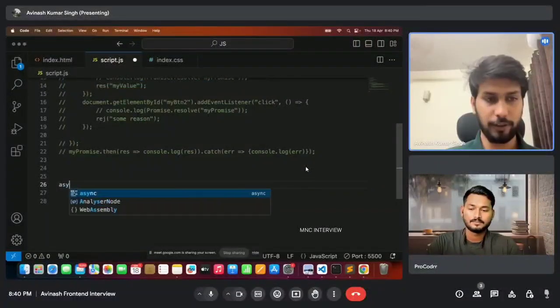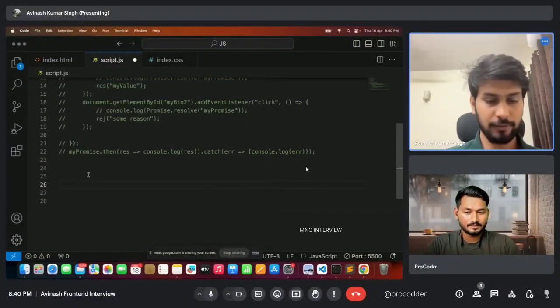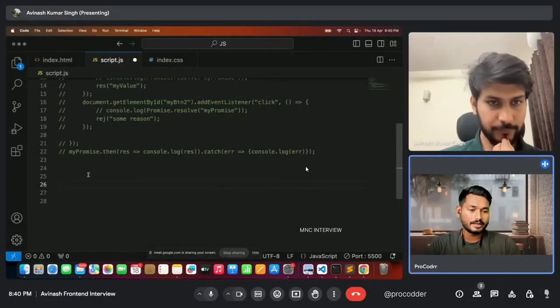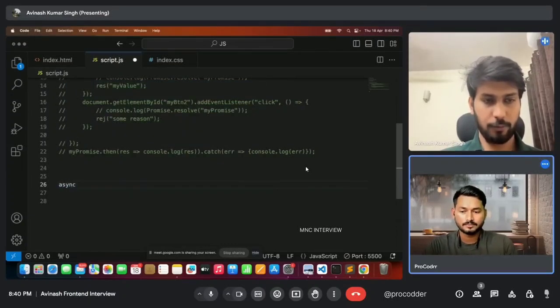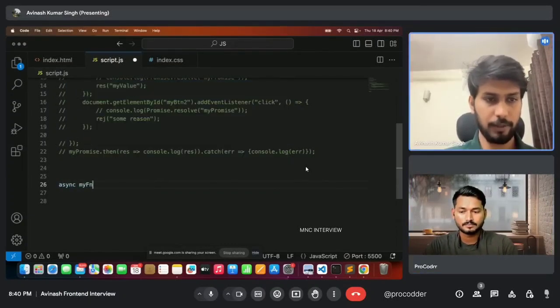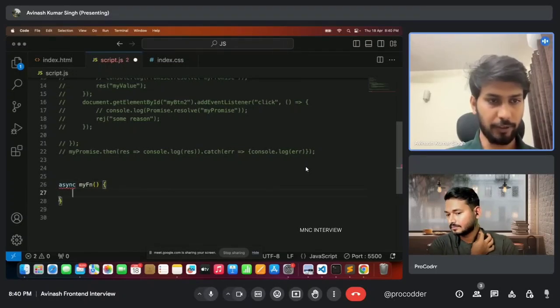To create, sorry, can you repeat the question? Yeah, so the question is you have to create a promise without using the new Promise thing. Oh, okay. Async my function and sorry,